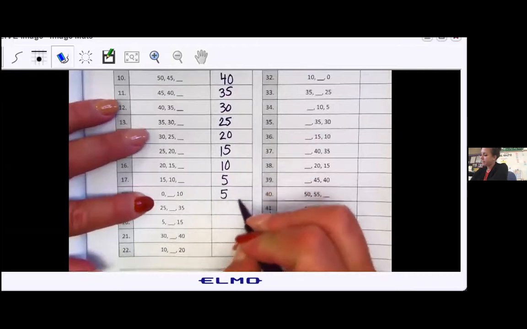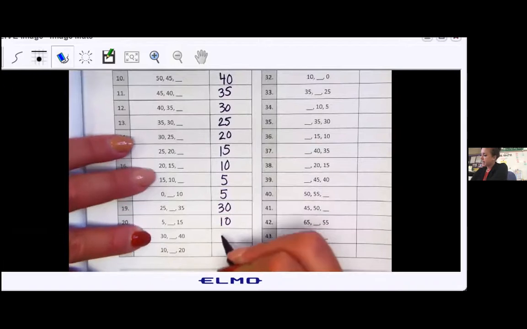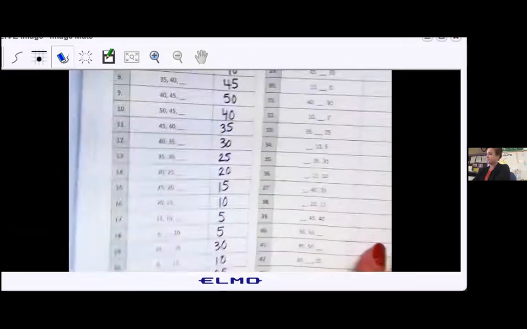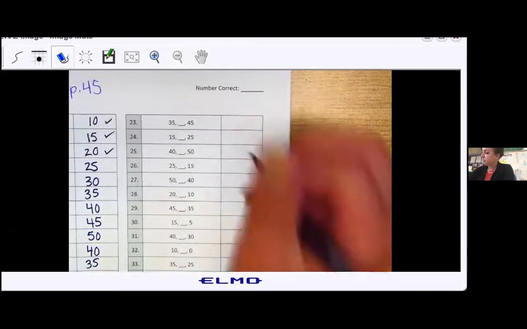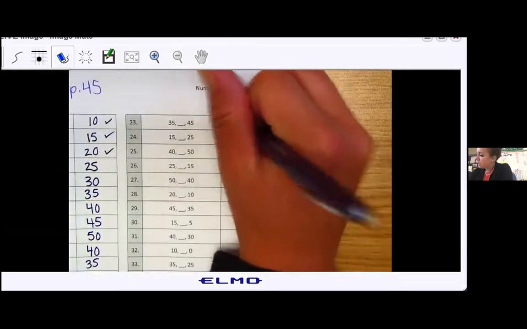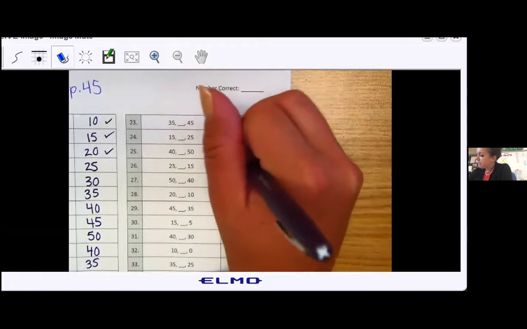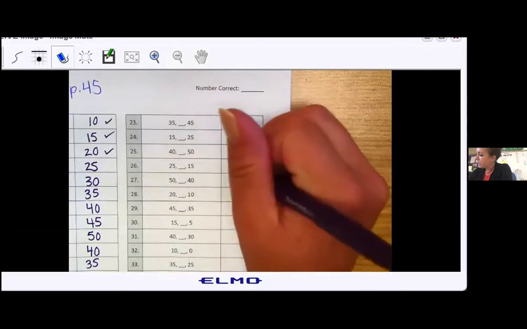We've got 5, 30, 10, 35, 15. These are a little challenging. Top of the second column, got 40, 20, 45. Ooh, now we're going down, 20,